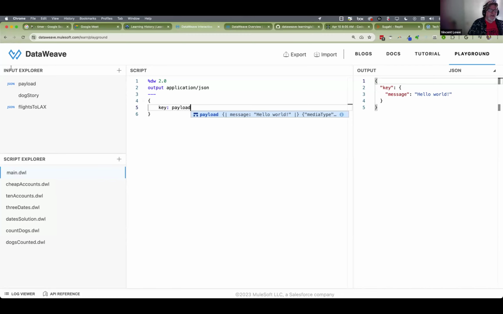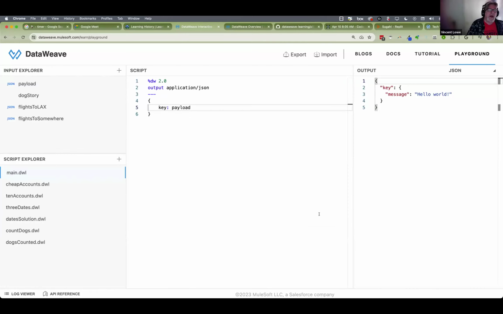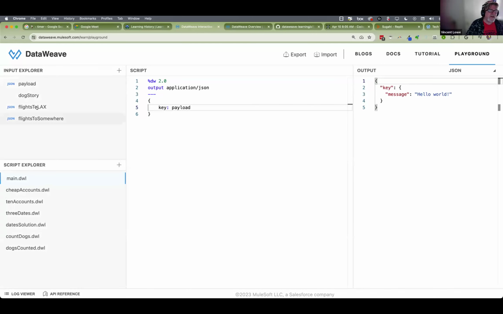Okay. Now, what I'd like you to do is on the input explorer side, look for that plus sign, add a new input source, and call it flights to LAX. I'm going to do it on screen too. So I'll say flights to somewhere. I already did flights to LAX, and I'll create. And when you do this, you will go ahead and select the name. And what you'll see is it gives you an empty JSON structure. And what I'd like you to do is take this data that I'm about to share with you